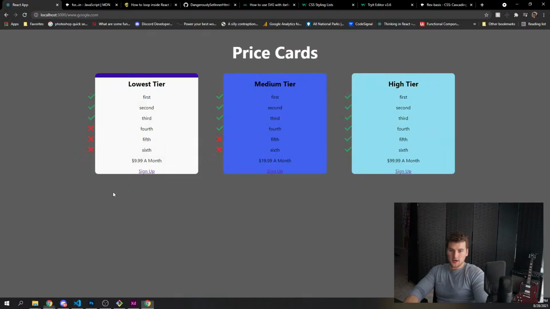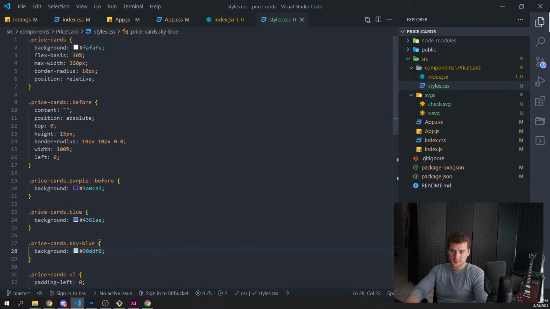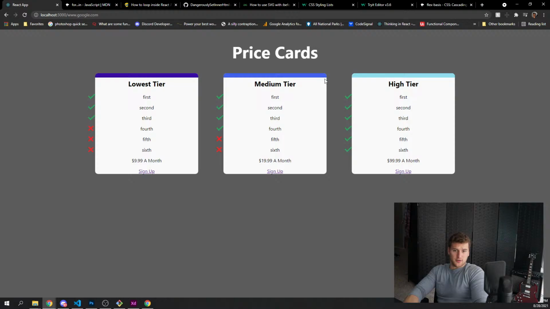And now if we go back here and refresh, we didn't put these pseudo elements on those, so it's taking that as the background color for the whole thing. But if we give it that and that, now those will show up at the top. Sweet. Now there is this tiny little bit of white at the top there.